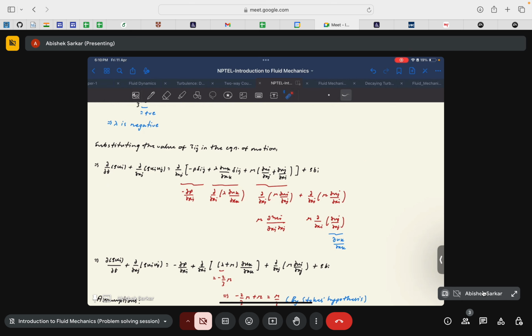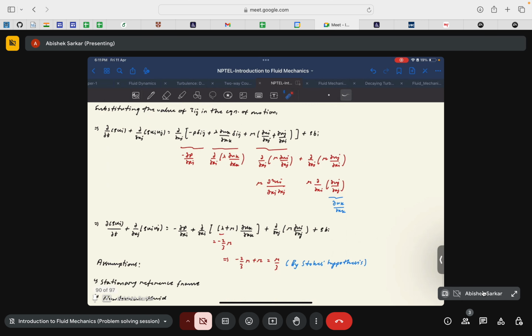Now if you consider that the velocity function u is smooth enough, then you can interchange the order of derivatives. Instead of having ∂/∂xj of μ ∂uj/∂xi, you can have ∂/∂xi of μ ∂uj/∂xj. This term, ∂uj/∂xj, is again the divergence of the velocity field, which will again be used for simplification. So if you relate these two terms again, then we will have